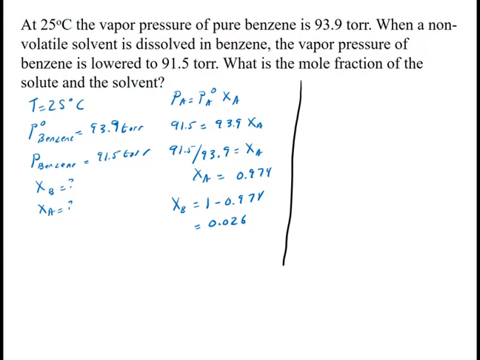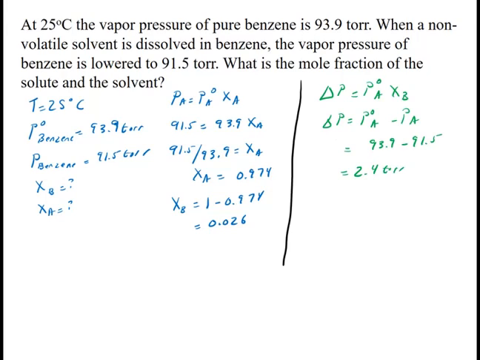You could do it such that the change in pressure is the pure pressure of A times the mole fraction of B. This one's a little bit longer because I have to find the change in pressure, which is the pressure of the pure A minus the pressure of A, or benzene. So it would be 93.9 minus 91.5. I didn't do it this way, so it's going to take me a little bit because I have to put it in my calculator. 93.9 minus 91.5, 2.4